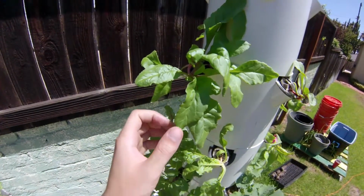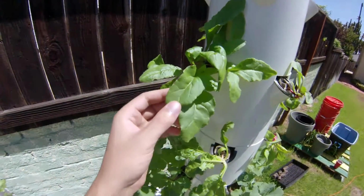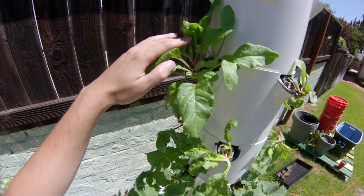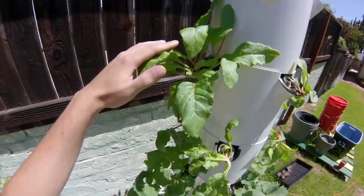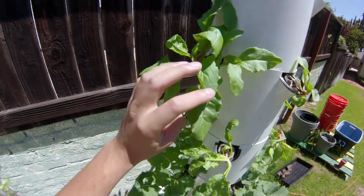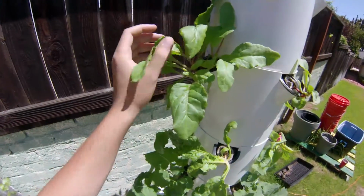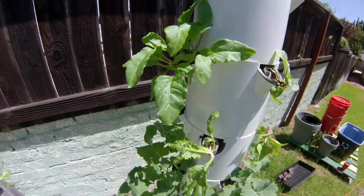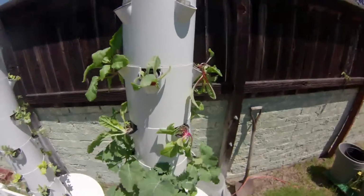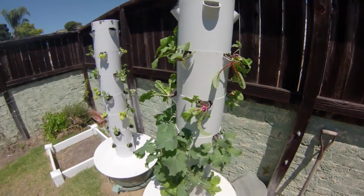Unlike my LED grow, and if you haven't checked that out, please go ahead and do that, where I have 4 basil in one, and it seemed to be suffering a little bit, where one would be large, the other 3 would be slightly smaller. These 2 plants look to be pretty much the exact same size. So is that a testament to the sunlight or the feeding mechanism? My guess is that it's going to be the sunlight, because